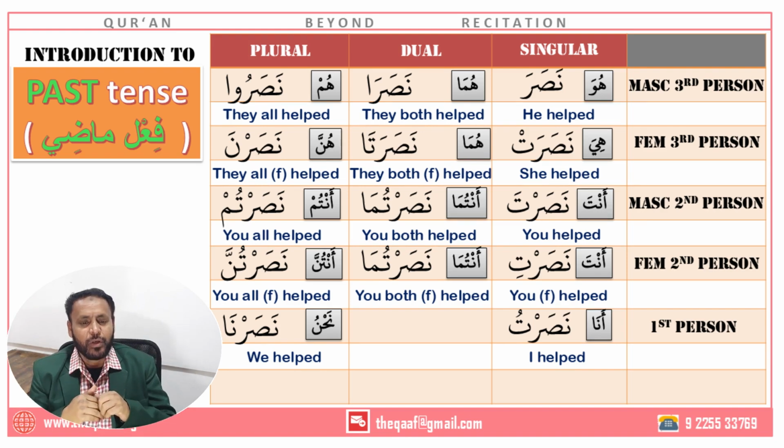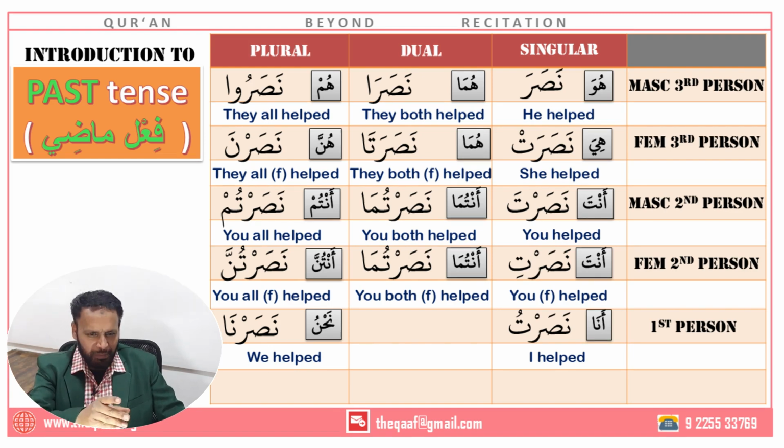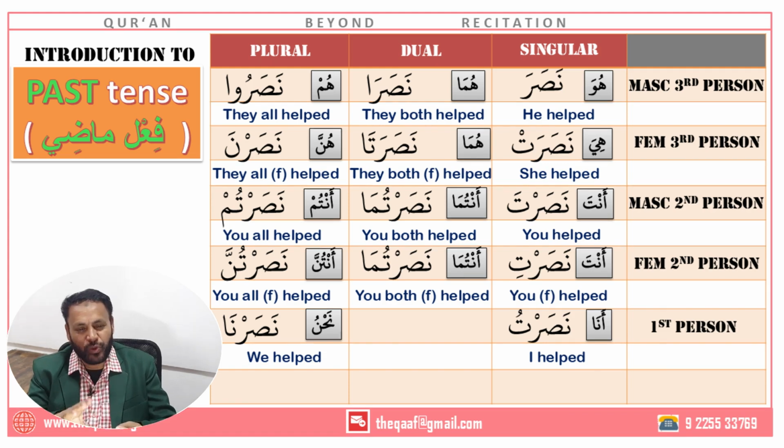So what do they do? Well, we don't like this last root letter Ra. So what do we do with it? Well, it is getting a harkat every time. Sometimes Fatha, sometimes Dhamma. We want to silent him. We want to mute him. We want to make a sukoon on it. Okay, let's go and do it. So all the women put a sukoon on the last root letter. In this case, it happens to be Ra. So the bichara Ra is muted.